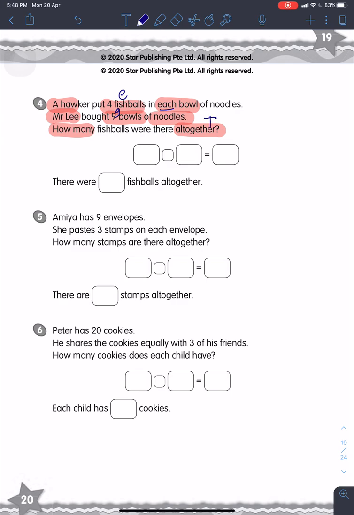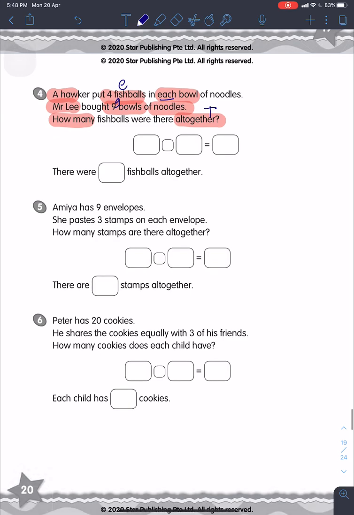Now to find all together, we put GET in order, which means it's a multiplication. So it's 4 multiplied by 9, which gives you 36. There were 36 fish balls all